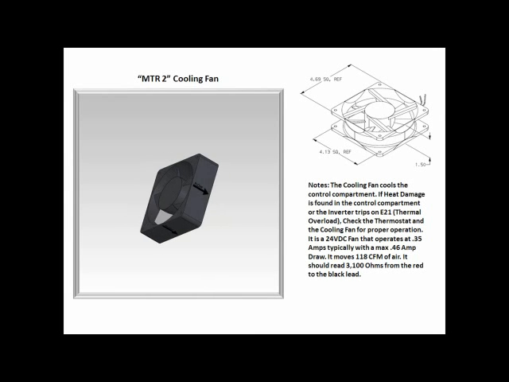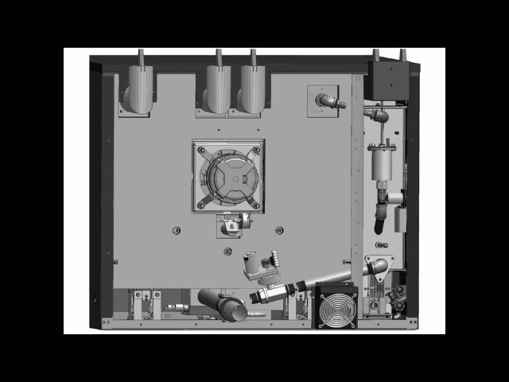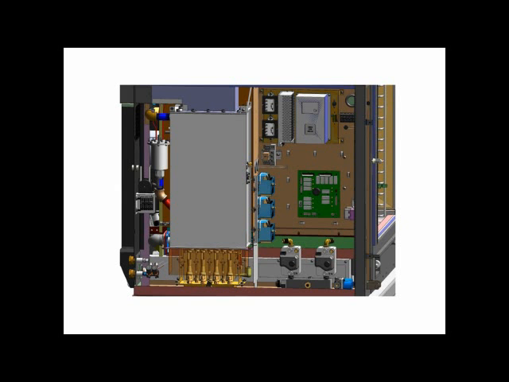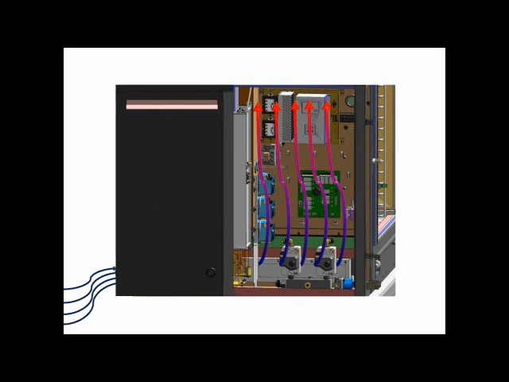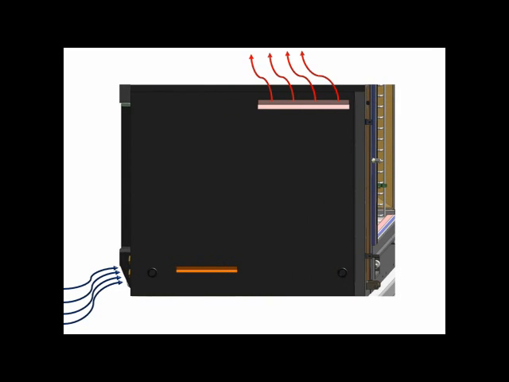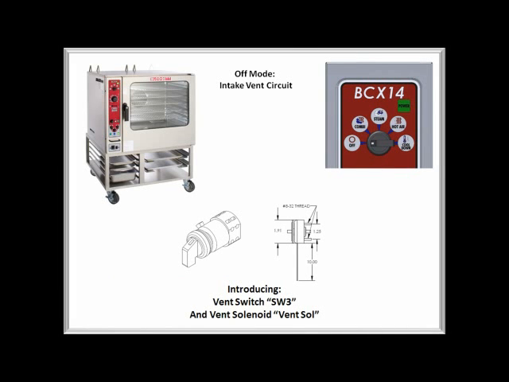The cooling fan draws cool air in to cool the control components. It is located at the bottom right-hand corner at the rear of the unit. Cool air is drawn in and channeled down the air chase where it enters the cavity below the gas valves. It rises and absorbs heat from the cavity. The hot air now exits through the vent in the left side panel. The vent switch is labeled